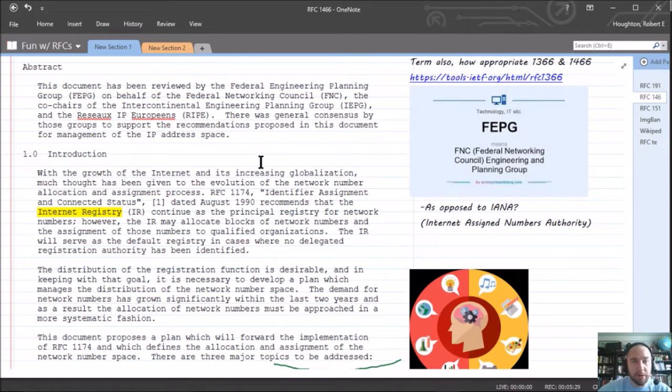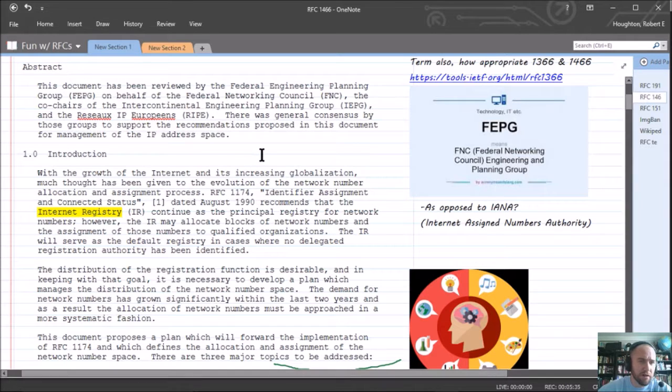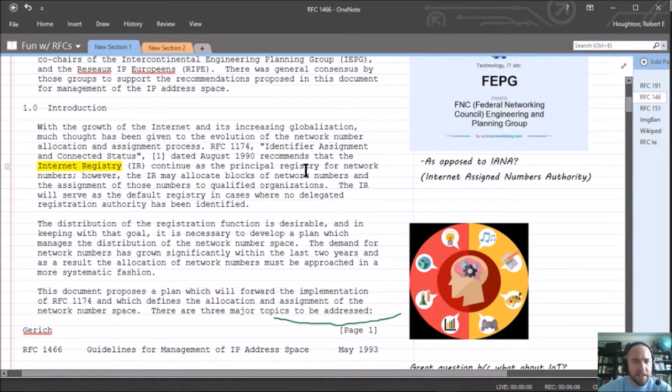This document has been reviewed by the Federal Engineering Planning Group on behalf of the Federal Networking Council, the co-chairs of the Intercontinental Engineering Planning Group, and the Réseaux IP Européens, RIPE. There was general consensus by those groups to support the recommendations proposed in this document for management of the IP address space. Introduction. With the growth of the Internet and its increasing globalization, much thought has been given to the